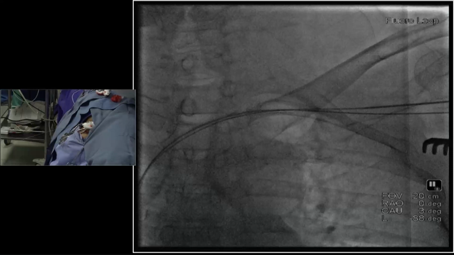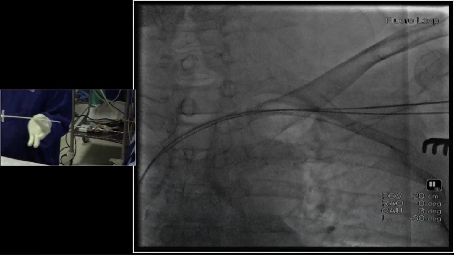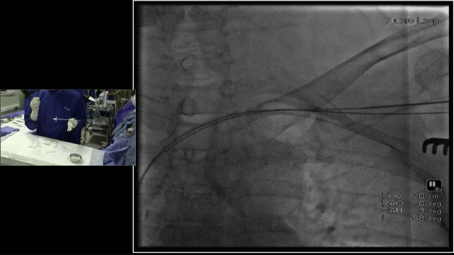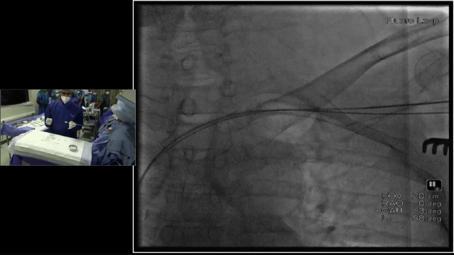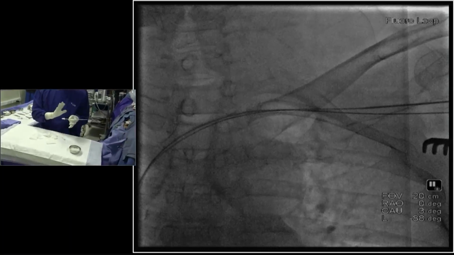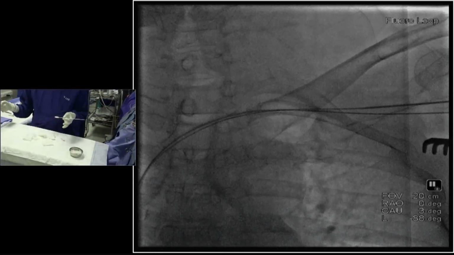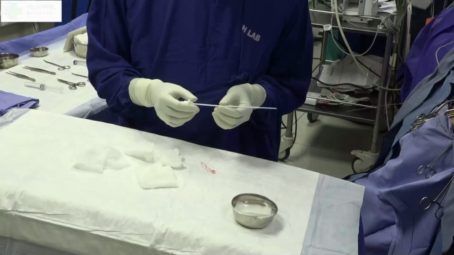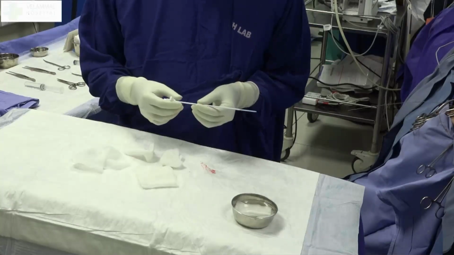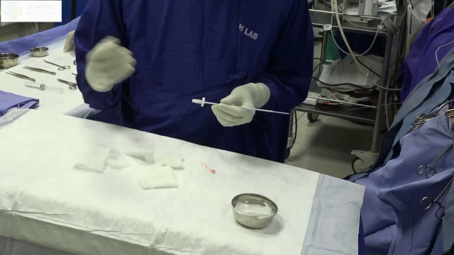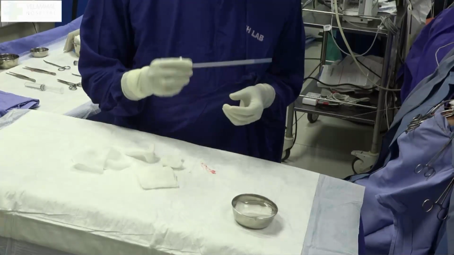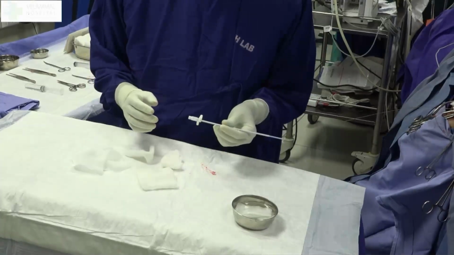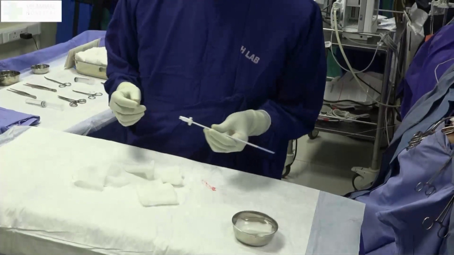So we always try to retain the sheath and then put the C315 sheath over this, because if there is any issue in reaching the target site, then you can keep the sheath there, pull out the C315 sheath, reshape it, and do the procedure again. And an important thing is, even if you are not able to implant it, then you can take out everything and go for a conventional RV pacing or whatever it is. So retaining this sheath is very important. That's what we always do. Keep this 7 French peel-away sheath in situ and thread this C315 sheath over this 7 French sheath.